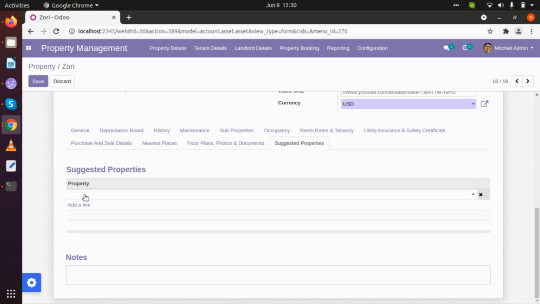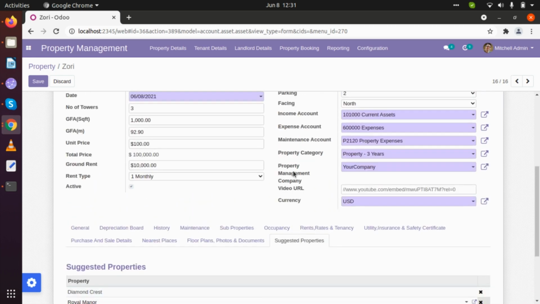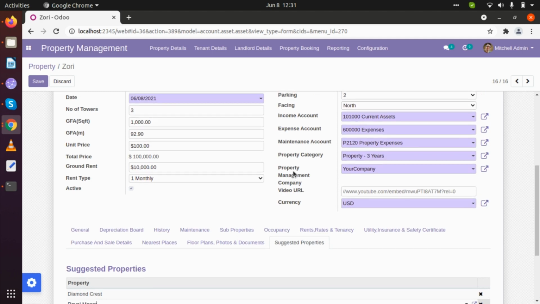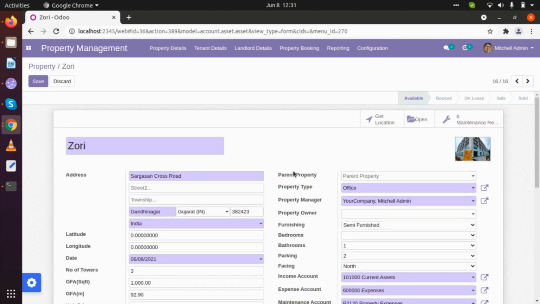Let's say if I am opening this, then it should show these two properties as suggested properties. So that will also be added here. So these are all the property tabs and property management tabs that are currently available.